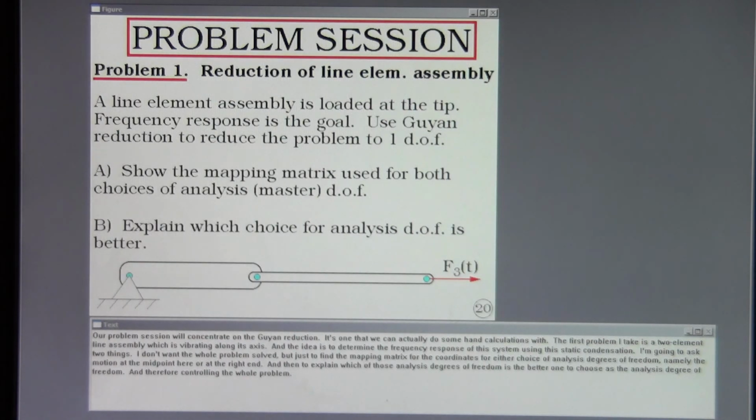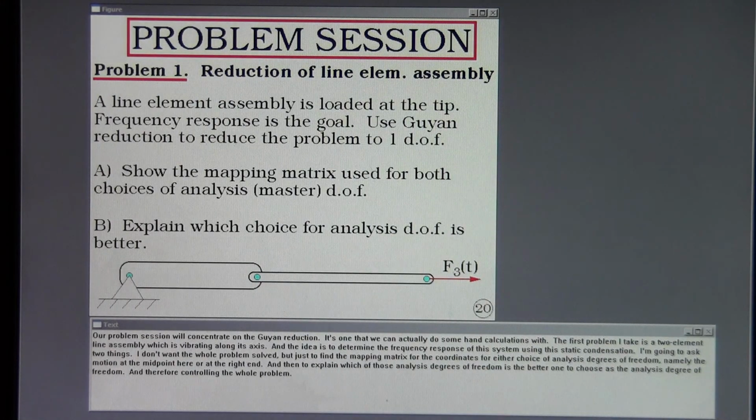The first problem I take is a 2-element line assembly which is vibrating along its axis. And the idea is to determine the frequency response of this system using this static condensation. I'm going to ask 2 things. I don't want the whole problem solved, but just to find the mapping matrix for the coordinates for either choice of analysis degrees of freedom, namely the motion at the midpoint here or at the right end, and then to explain which of those